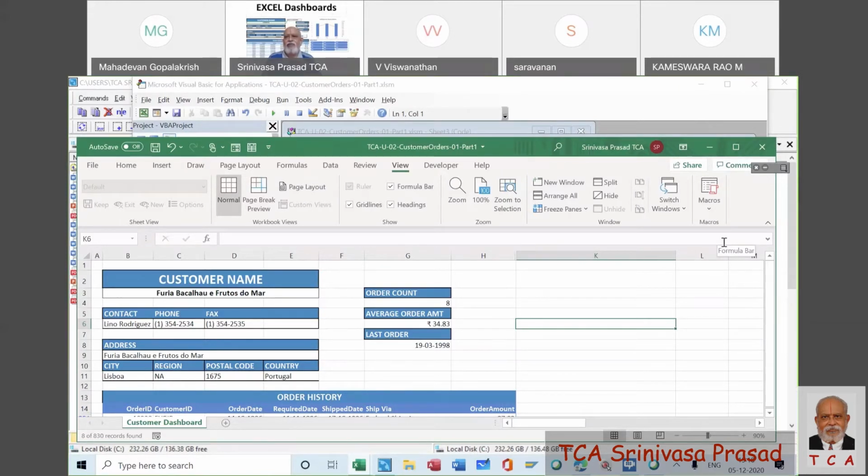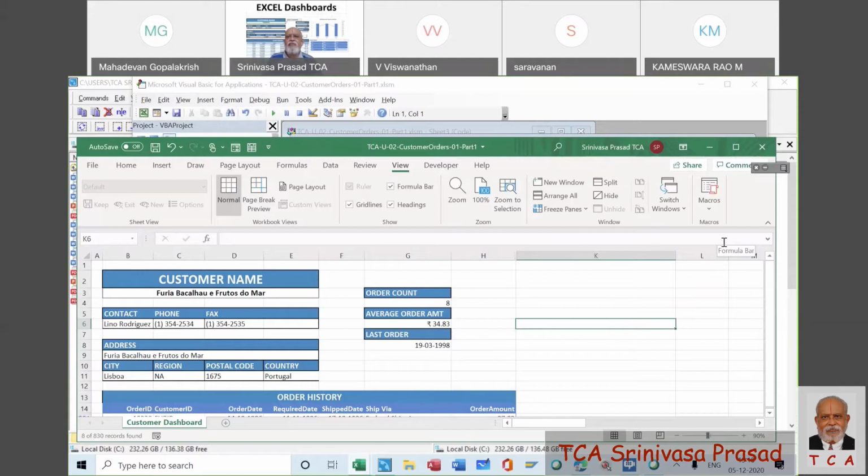We recorded a macro. What all did that macro do? It went and cleared the filter first in the slicer. Then we started recording the macro, cleared the filter. Then we went to home button. We came to find and select. We came to pane. Then in the pane, the eyes were open on the chart and the slicer. We closed the eyes and then we have now come out of the pane. This is what we did.